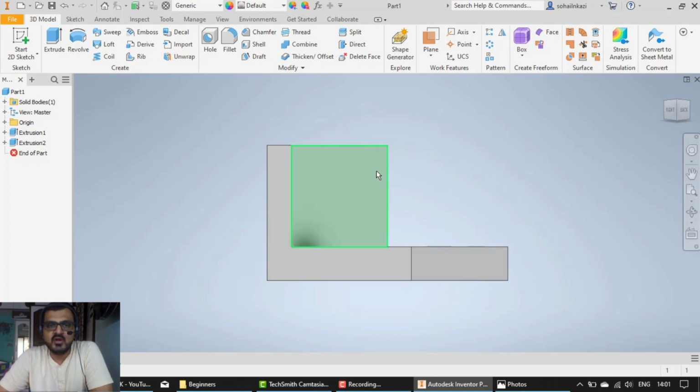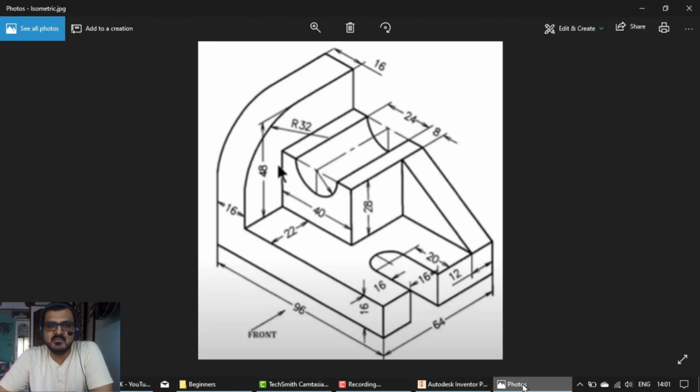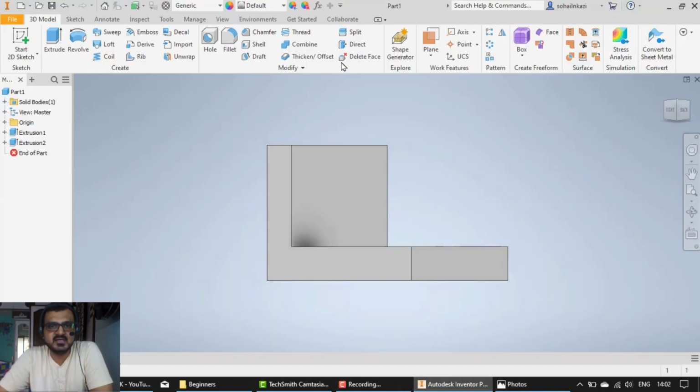Now you have to give a fillet over here. Just see the image again. The radius of the fillet is 32. So you have to give a 32 radius to the fillet part. You'll select the fillet option from here.